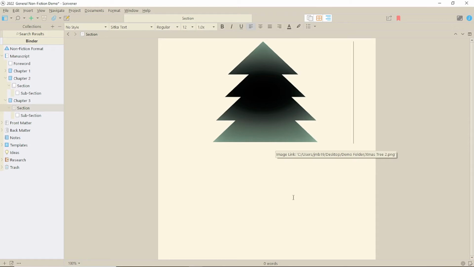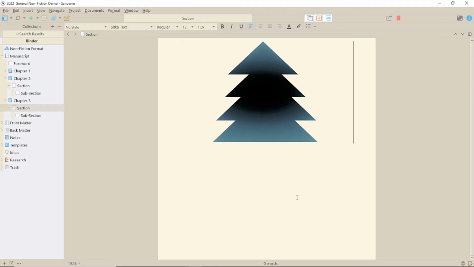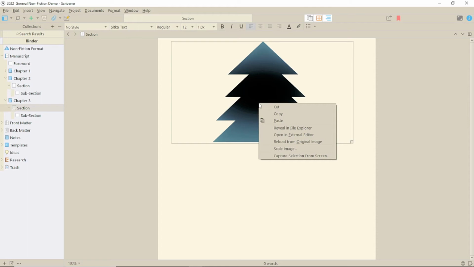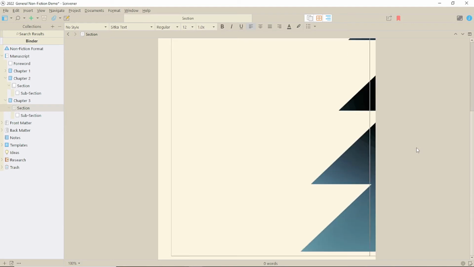One thing I would say is that you will probably need to close your Scrivener project if you're using the Microsoft Editor. And I think this is probably the best option all round, because closing and opening again updates the linked file in Scrivener. You can update directly from within Scrivener using Reload from Original Image, but that then generates the file at full size, rather than a smaller placeholder image.